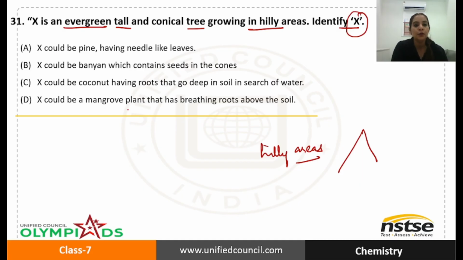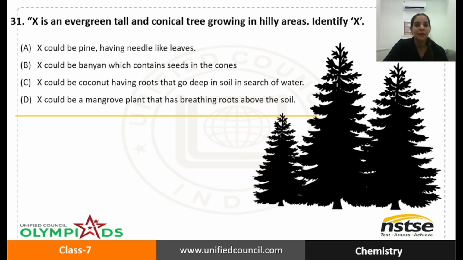X could be mangrove plant that has breathing roots above the soil. Now let me tell you that in this case we are talking about this tree, and this tree is a pine tree having needle-like leaves. It cannot be